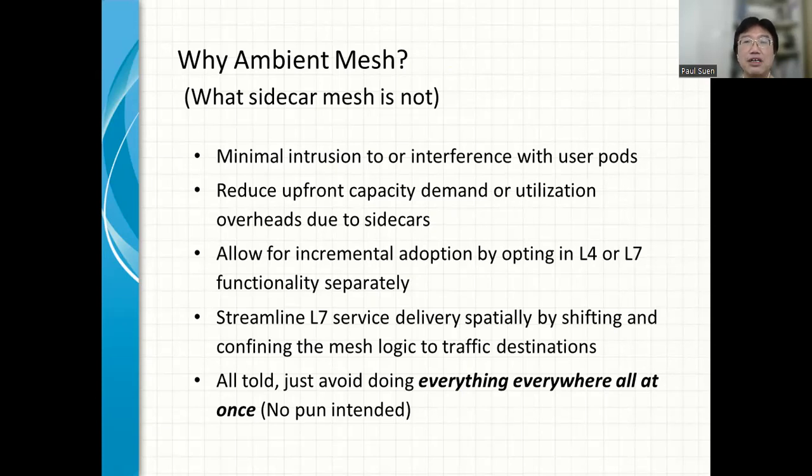Another advantage is that it facilitates incremental adoption by allowing us to opt in layer 4 or layer 7 functionality separately. So in most cases, we will start from the outset using the ztunnel pod. That ztunnel pod is the one that provides the layer 4 functionality.